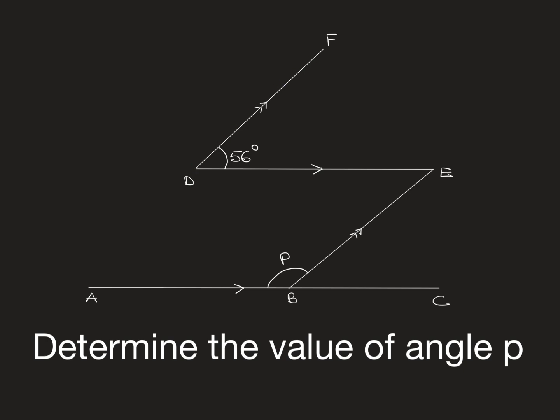First, you can see that we have two parallel lines, and in between the parallel lines we have a transversal. So angle P is on a straight line, which means we can first try to know this angle. Let's call it angle Q, and after knowing this angle Q, we can find angle P. So the way we can answer this question, we can say solution,